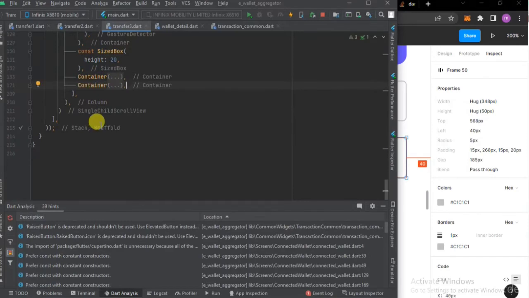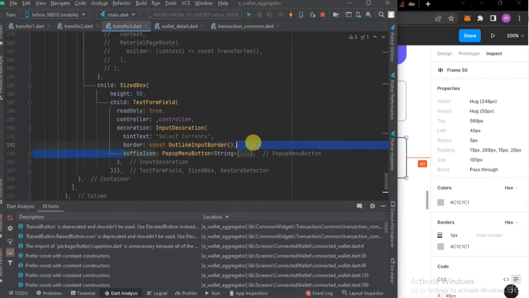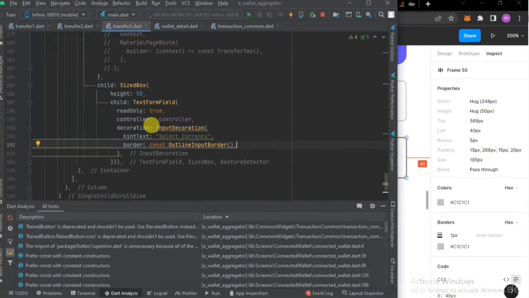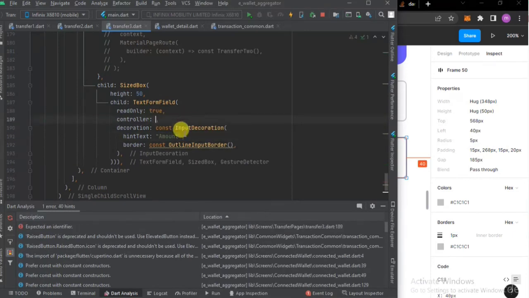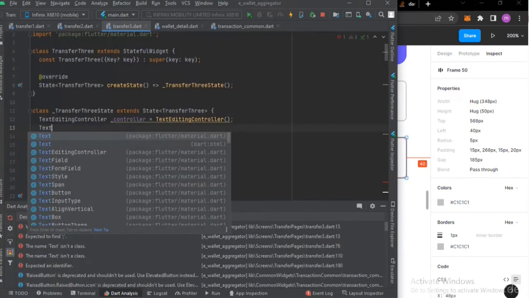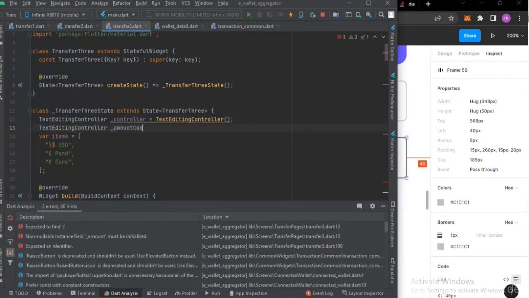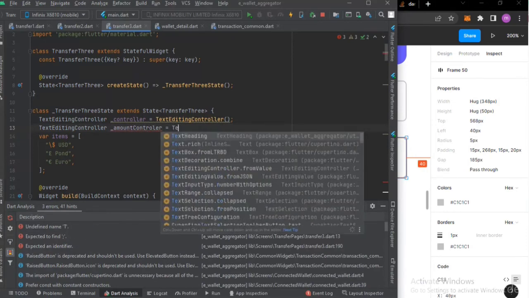As I save it, okay, so const here because of the warning. Here the hint text is amount. I am not assigning the controller here, so I am declaring and initializing the amount controller. Amount controller equals TextEditingController,